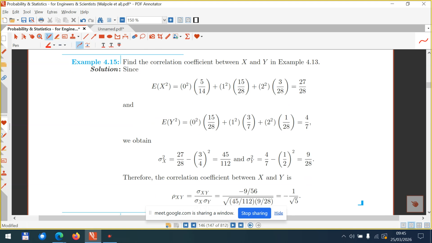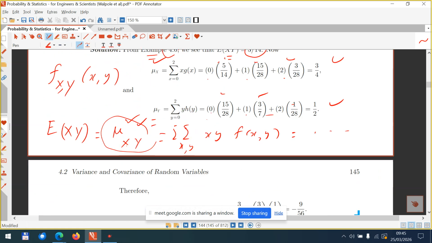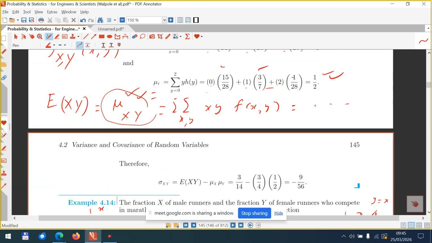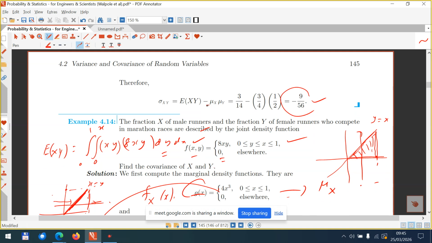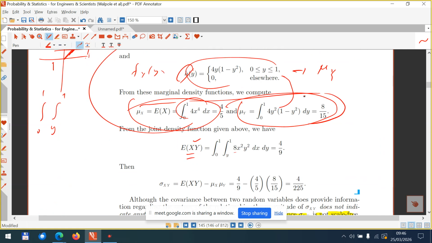So you can even compute these coefficients. You have two random variables. This is from example 4.13, the previous example. So you know all these quantities, mu x, mu y, and the covariance, minus 9 divided by 56. Now this minus 9 divided by 56 is misleading because it includes the scale. So if you now divide this by